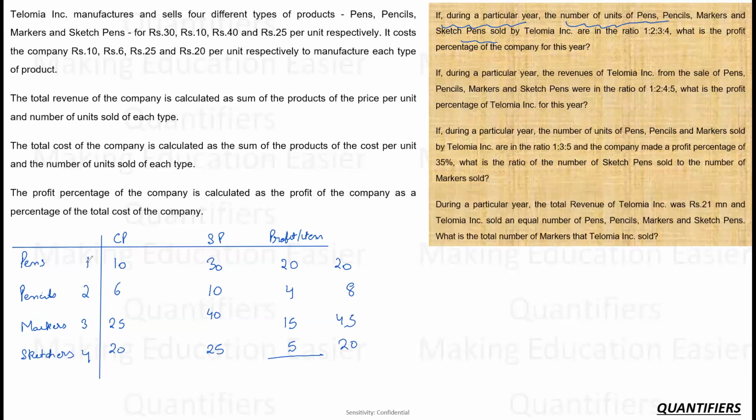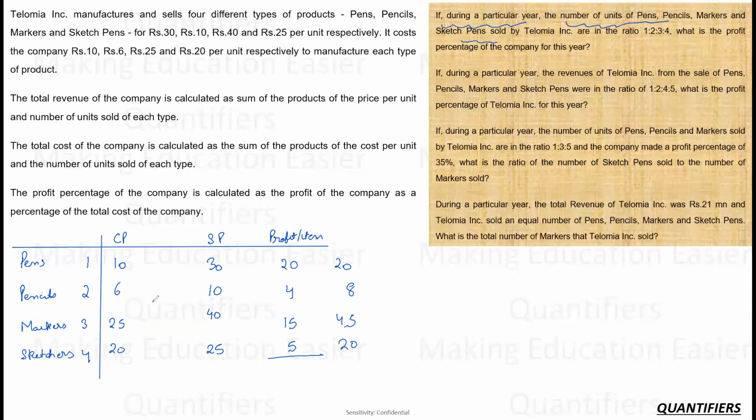You don't need to do 1 into 10, 10, and 1 into 30, 30, and then subtract it. It will give me the same result, no? Similarly, 2 into 6, 12, 2 into 10, 20, 20 minus 12, 8. ये भी तो same result देगा ना? तो क्यों ना हम profit per item को into 2 कर लें अगर दो item बिके हैं तो?